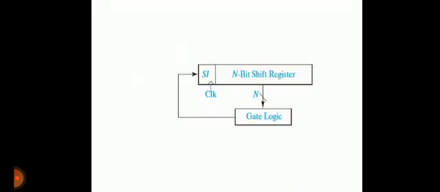Next, a general shift register counter. The figure shows the general form of a shift register counter, where the bit being shifted into the leftmost stage can be a general function of the shift register content. If the gate logic only contains exclusive OR gates, then the counter is called a linear feedback shift register counter. For each integer n, there exists a linear n-bit shift register counter that generates a count cycle of length 2^n minus 1. All states are included except for the all-0 state.